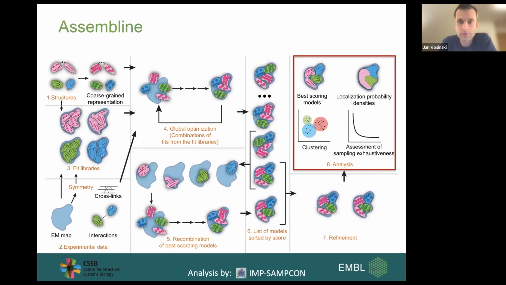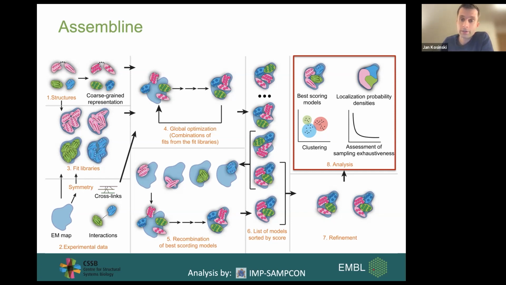And the last step of assembly is the analysis step, which is quite a big procedure. So I don't put all the commands and I don't go into details because of the time. But this analysis is based on the IMP-SUMCON program. It is a program also developed in the Shalev Lab, which can be connected to other programs that do modeling and allows for all kinds of analysis, from clustering to defining the precision of your modeling, defining whether your sampling has been exhaustive, clustering, grouping, and selecting representative models.